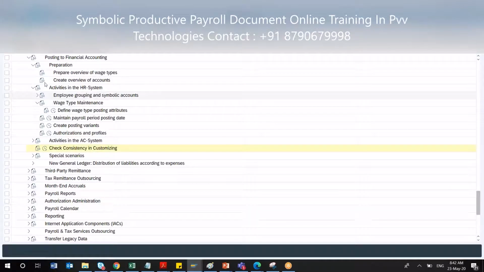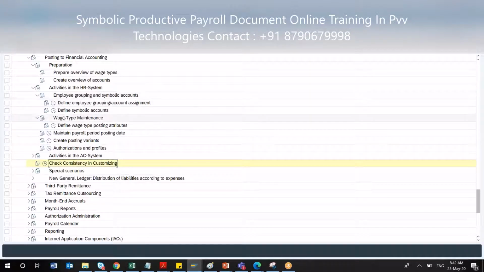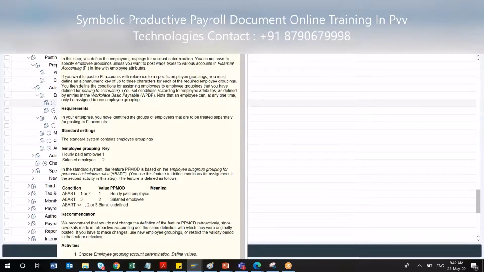And regarding your query about employee grouping, that is a feature provided in your system. Whenever you're defining this, I'll show you an example so that you'll be able to understand.